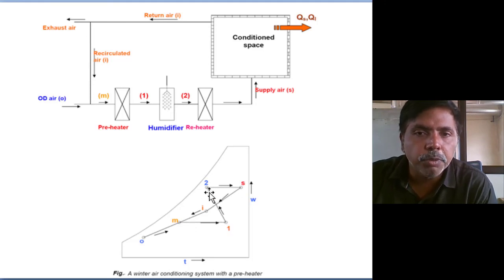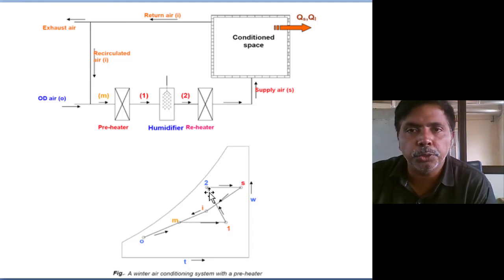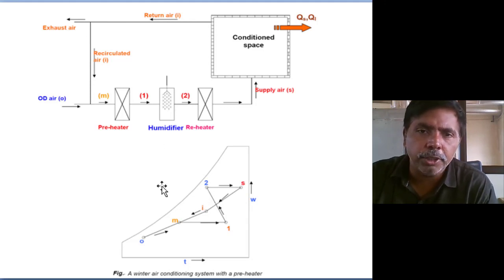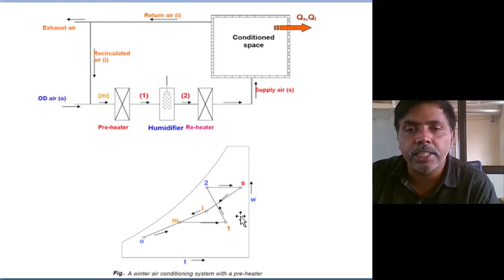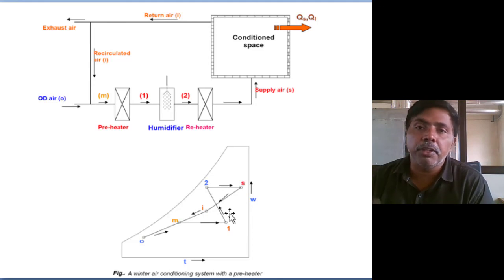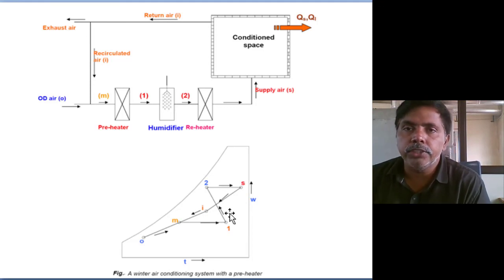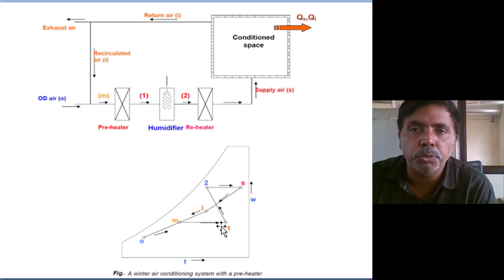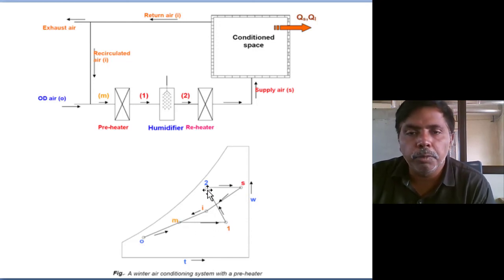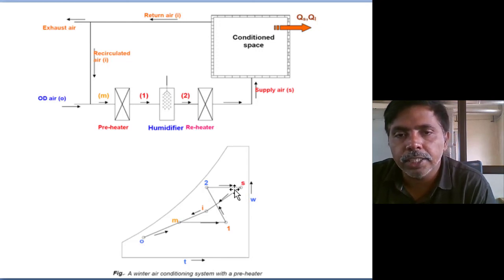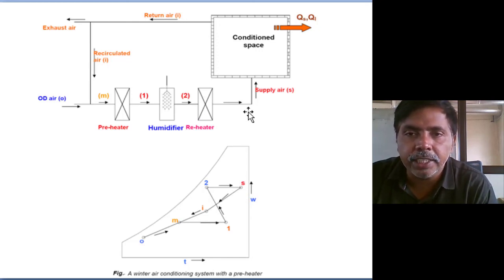Sensible heating, humidification, then after humidification the temperature is reducing again. This is the industrial model. In the general model, heating and humidification is direct: you spray high temperature, high moisture air upon the air, and you automatically get heating and humidification. But on an industrial scale that is not practically possible because of high velocity air circulation, which is not sufficient. That's why first we do sensible heating, then humidification, in which the temperature again reduces, then reheating takes place. This reheated air we send inside, and then the relative humidity and temperature reduce.